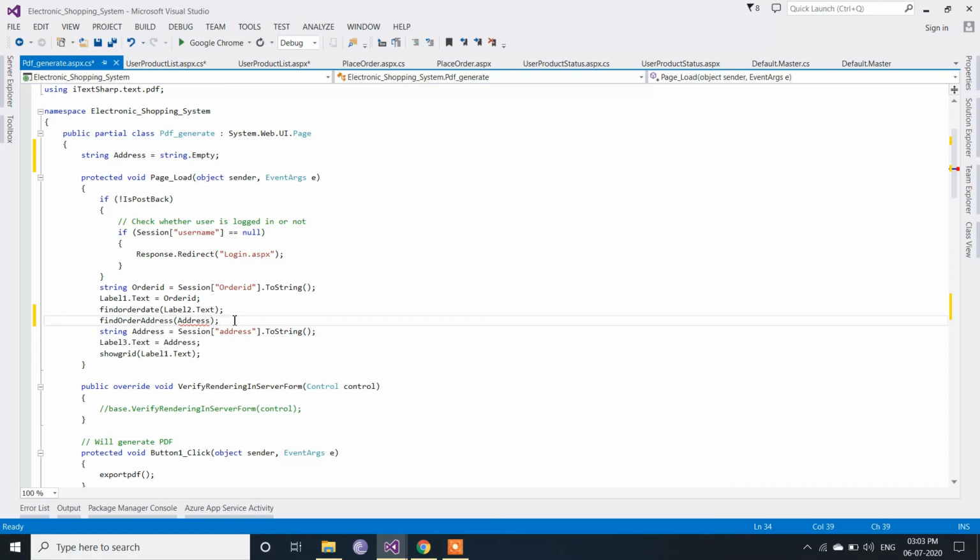Okay. Now after that, we are going to remove this session because we are not getting any value from the session address, so it is going to generate your error. So we don't want that. Now we are getting the value in that address variable, so we are going to assign this variable here to this address.